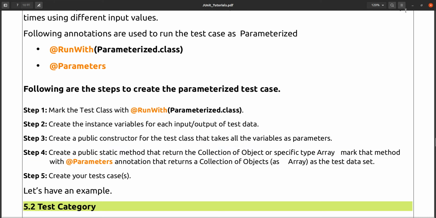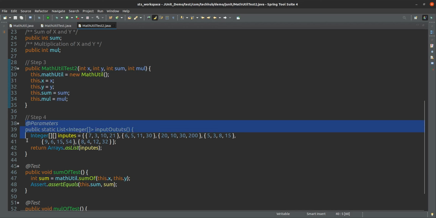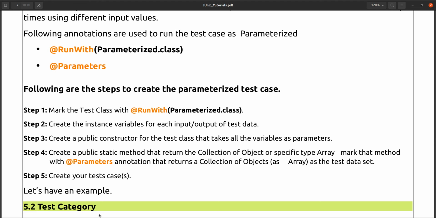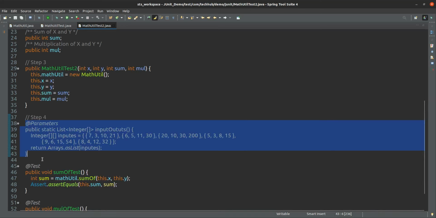And the fourth one is important. What we have to do is create a public static method that returns a collection of objects or a specific type array. So here we did the same thing.